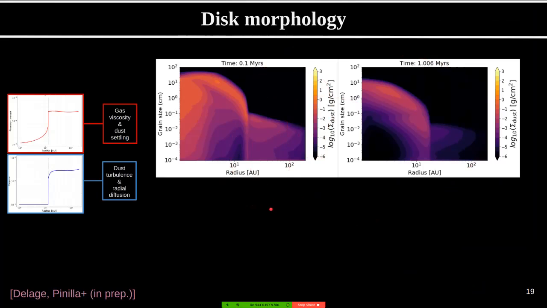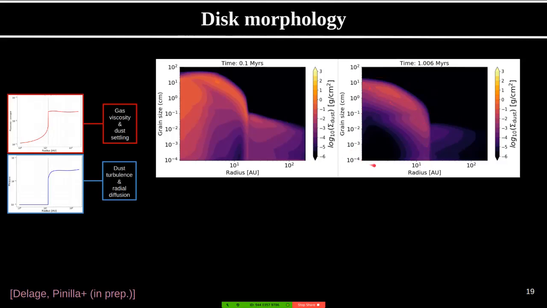And here you can see two main important things. The first thing, if you look at the 1 million year snapshot and trace the 1 millimeter size particles, corresponding to ALMA observations, you will see that you have a brighter inner disk, with a very faint or almost no outer disk. So here is kind of a halo shape where the inner disk is bright and the outer disk is very faint. And now if you do the same, if you trace micron size particles with SPHERE, and assuming that the coronagraph will be, I don't know, less than 4 AU,